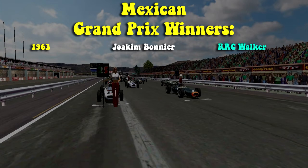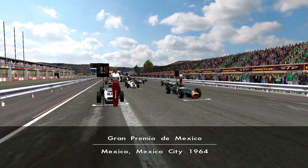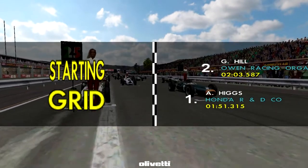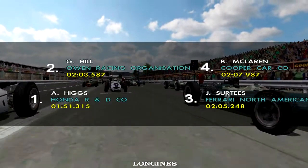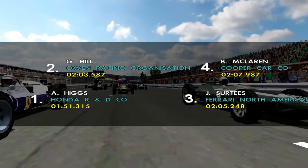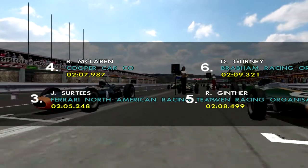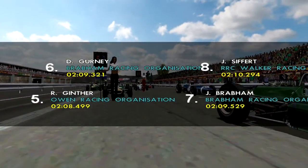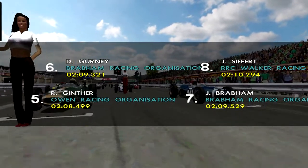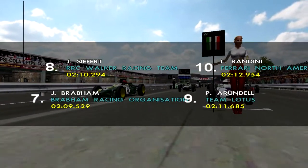Anyway, here is the previous Mexican Grand Prix winner, since we only had one other Grand Prix here, and here we have Andy Higgs on pole with Graham Hill in 2nd, John Surtees 3rd, Bruce McLaren 4th, 5th is Richie Ginther, followed by Dan Gurney in 6th. Then we have Jack Brabham in 7th, in 8th we have Joe Siffert, 9th is Peter Arundell, followed by Lorenzo